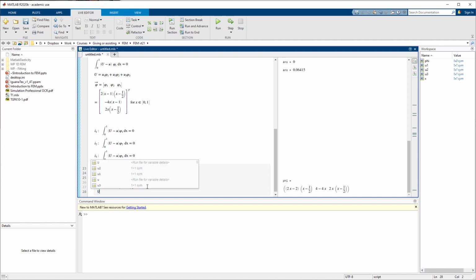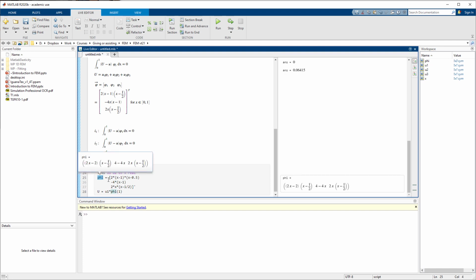Alright, so now with phi here, I can define the function u, which is going to be u1, u2, u3. So I basically have u1 times phi 1. So I could, if I want to, do this like this and then do phi 1 here. So I'm selecting from this matrix, really, the first element. So I'm selecting this stuff here. So if I just do that just to show you, this will work. But I much